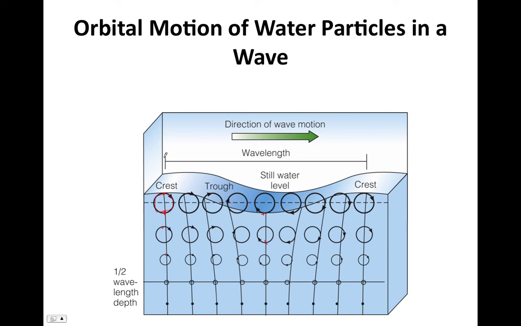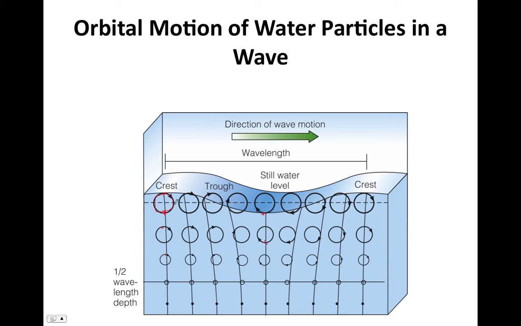So here, the distance from one crest to the next is the wavelength. And we'll notice that at a depth equal to half of the wavelength, we have the water being disturbed by the wave passing by. But at depths greater than half the wavelength, there is no disturbance in the water. So waves, only water within the depth that's equal to half of the wavelength is disturbed by a particular wave